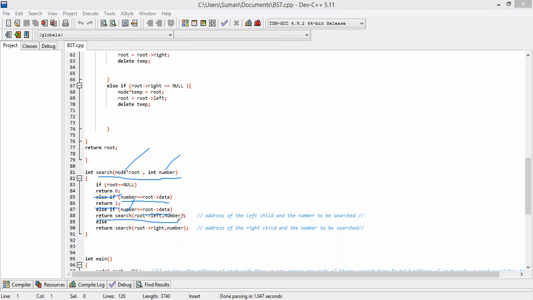The search function will return the address of the left child and the number to be searched, because the number we want to search is present on the left side of the root data.